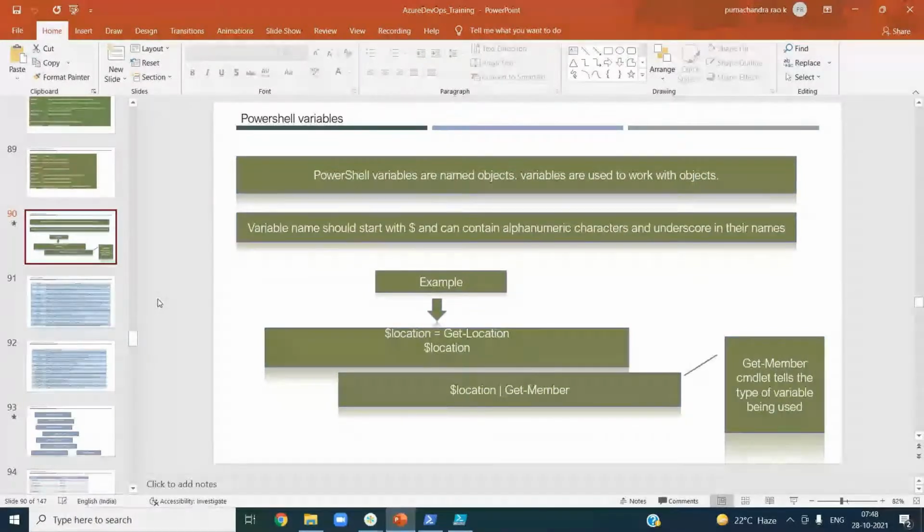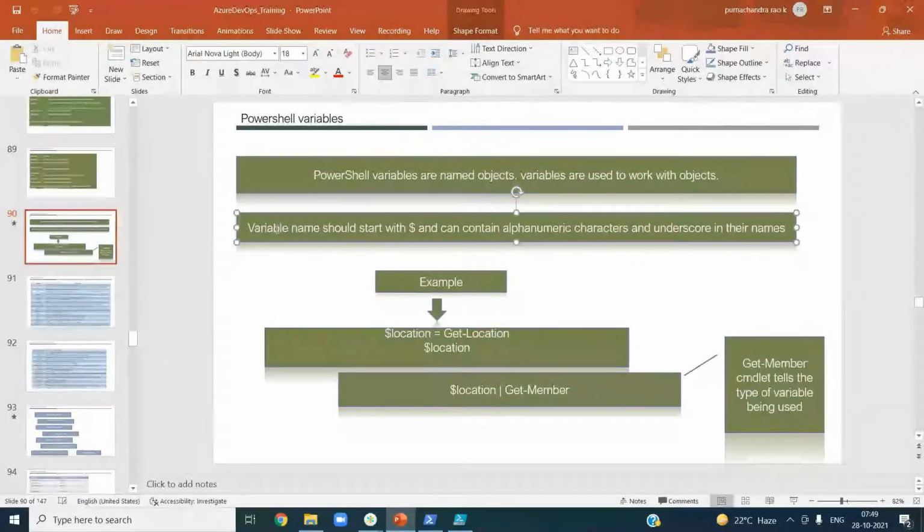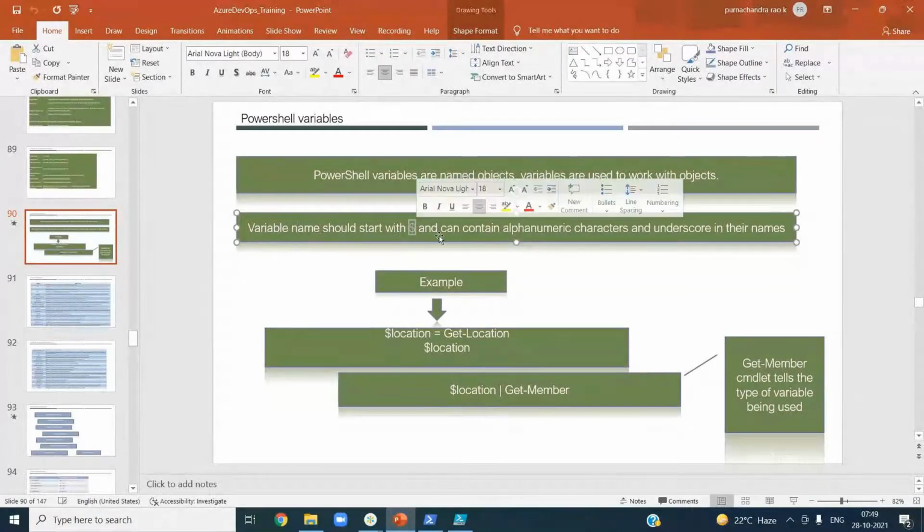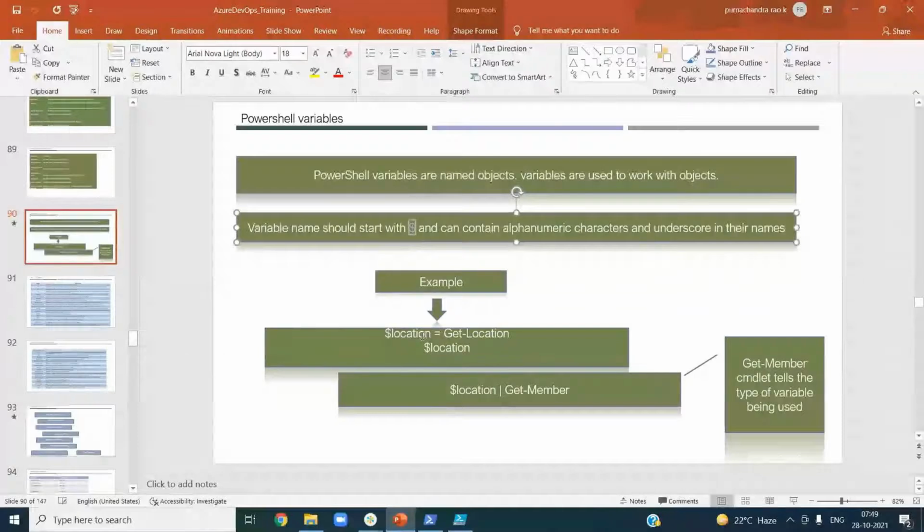Now let's get into the semantics of PowerShell. The first thing you need to know is variable declaration, in any programming language or scripting. That means you will hold the value of some command output in some other string. So how do you declare a variable? You declare a variable with a dollar sign in PowerShell. Your variable name can be alphanumeric, and it can contain underscore as well. If it is not a valid name, it will give you an error, but it should always start with a dollar.